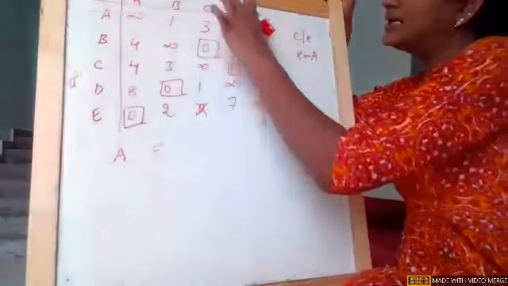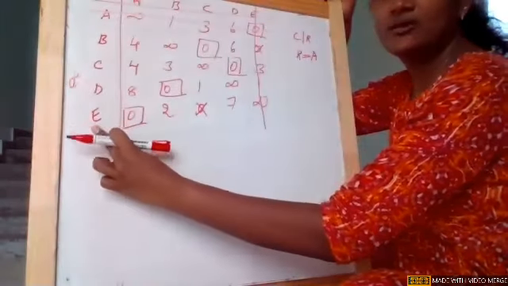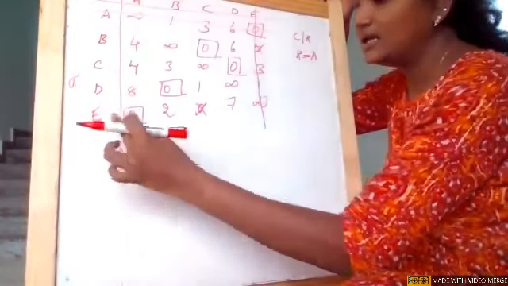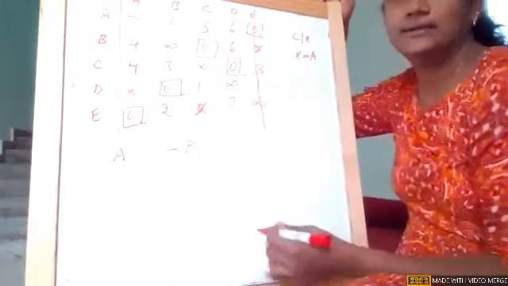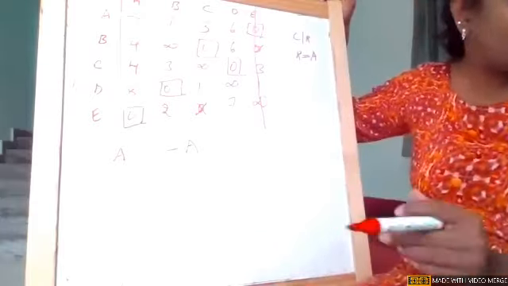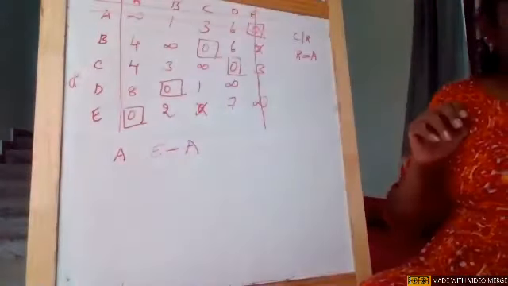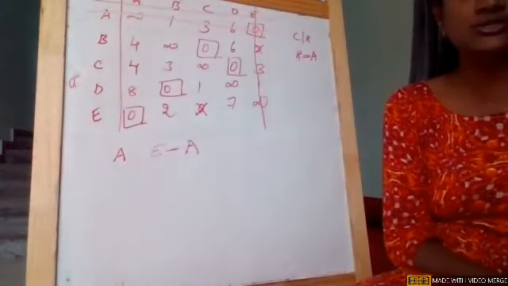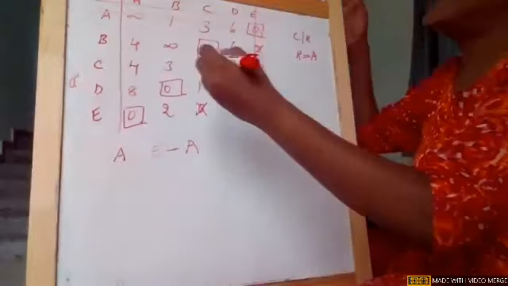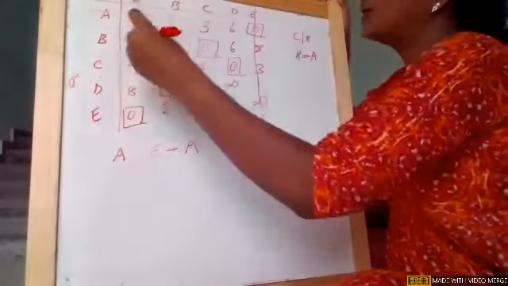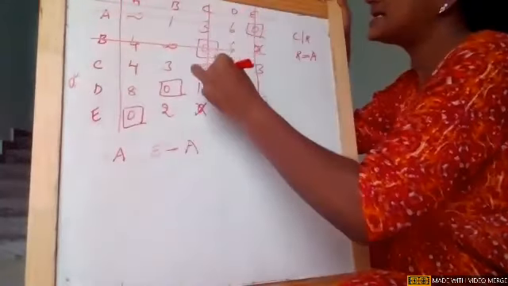Now I'll directly go to E. From E, where is he going? He's going to A. So all my nodes are not covered. If you see, I wrote it in the notes also. When I'm going with zeros, you can also try. If I take this as my origin, I'm showing it on the same path.